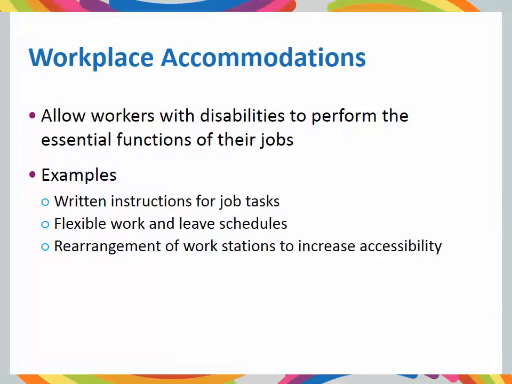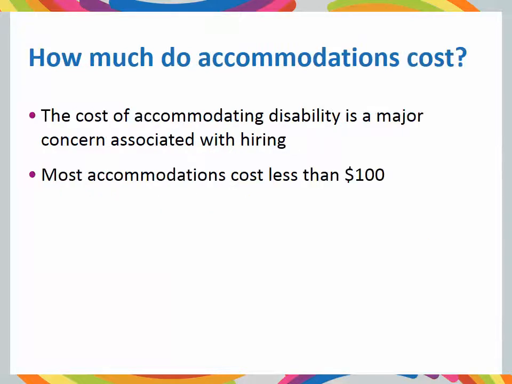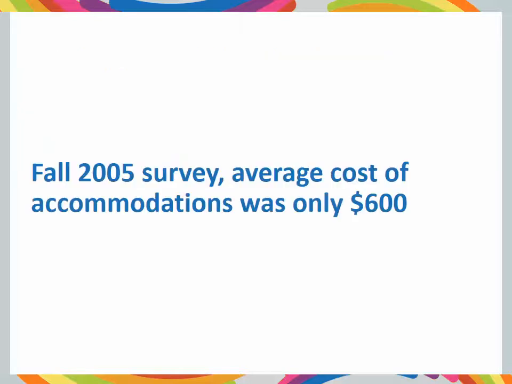So creating that opportunity. From an employer standpoint, again, one of the things we worry about a lot is cost. People worry about the cost of accommodations being very expensive, and yet many accommodations are free or certainly less than $100. And in fact, again, it's from 2005, so it's a little dated in terms of time, but there was a national survey done, and the average cost for accommodations was only around $600, and that spans the entire range of people with a whole variety of disabilities.